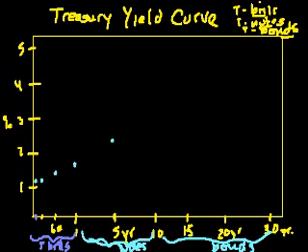10 years. And these aren't all of the durations. I'm just for simplicity not going to do all of them. For 10 years, 3.44. So maybe that's here. 20 years, I get 4.3. Like that. And then for 30 years, I get 4.35. Like that. So the current yield curve looks something like this.